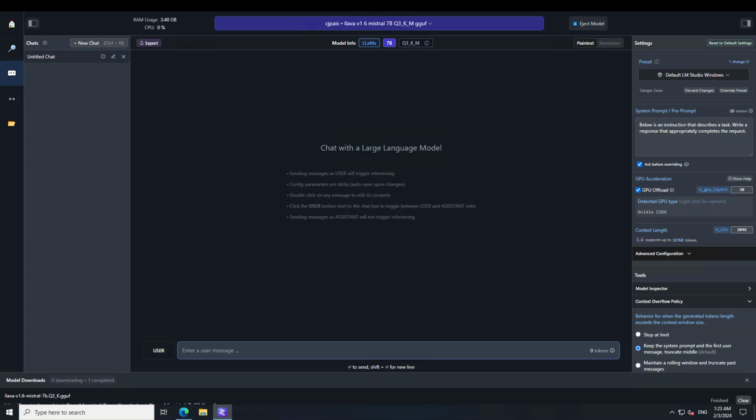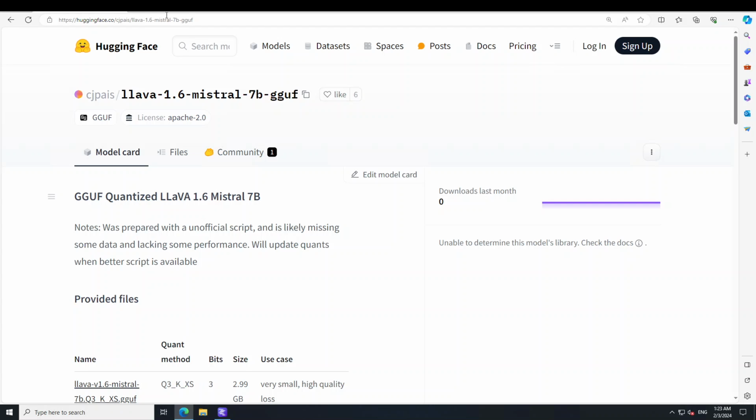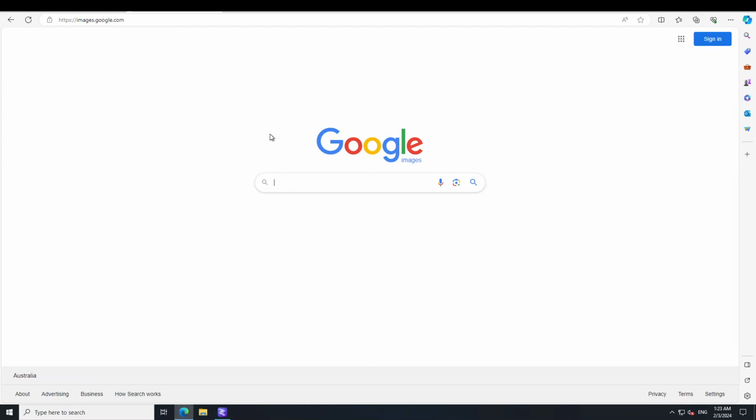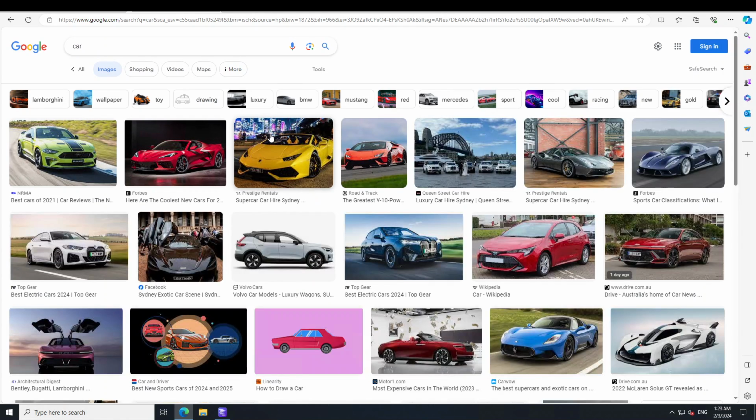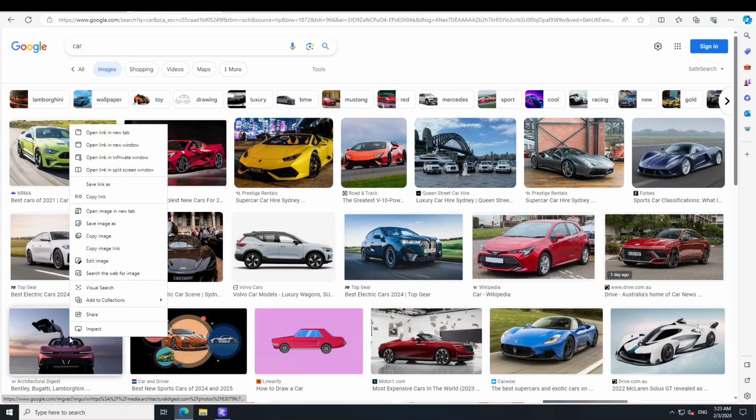Now for the system prompt, on the right hand side in this text box, let's add this: image user, provide a full description, and assistant, which always helps. So that is good. Now what we can do is search for any image online, get its link and start talking with it. So let me open my browser. Let's go to Google Images. Let's search for maybe anything. Let's go for car. And which one is the coolest car? Maybe this one. Let's open it